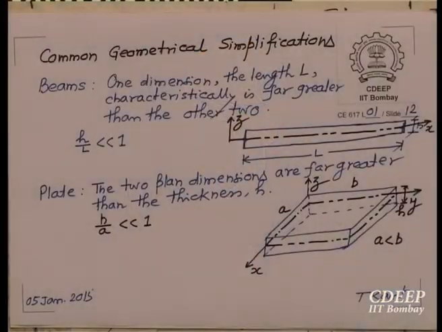So, now based upon geometry, I think this is based upon geometrical dimensions. There is one way of classifying beams, plates and shells or arches. I think I should add all the 4: beams, arches, plates and shells. One based upon geometry. How do you classify? So, one is called thick beams, arches, plates and shells, thick.